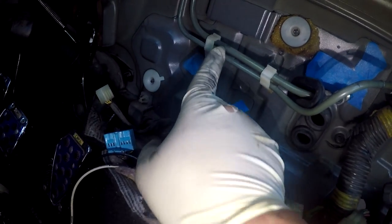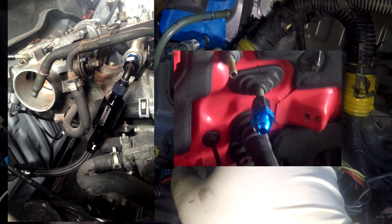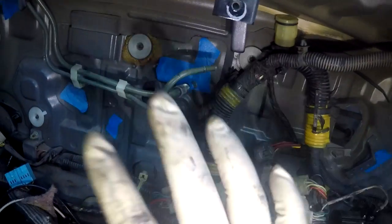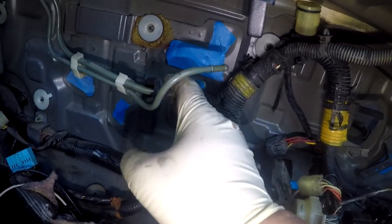The fuel line right here, 5/16, what we have to do is cut wherever it is that you need to cut it. I'm gonna cut mine back here because my fuel filter setup is gonna be in the car. If you guys are running your setup outside, like the fuel filter in the bay, if you have a heater and all the stuff back here that prevents this from coming out,